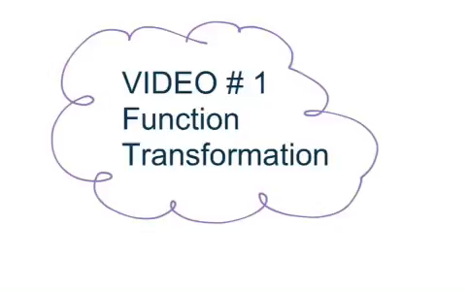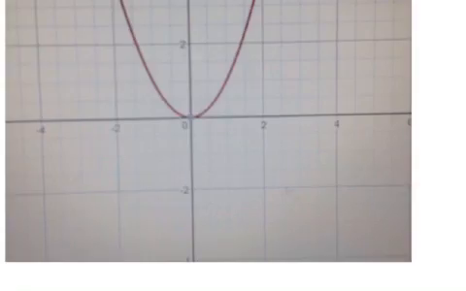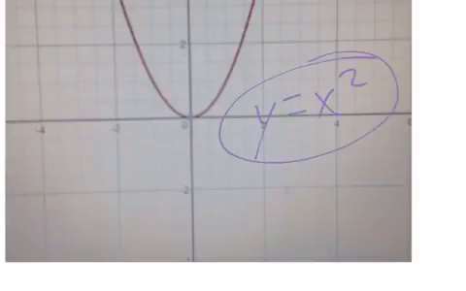Let's get started here. So as you can see here, this is a typical parabola, right? A quadratic, as we call it. This is a graph of y equals x squared. Okay? And the purpose of this video is to make sure you understand how basic transformations of this